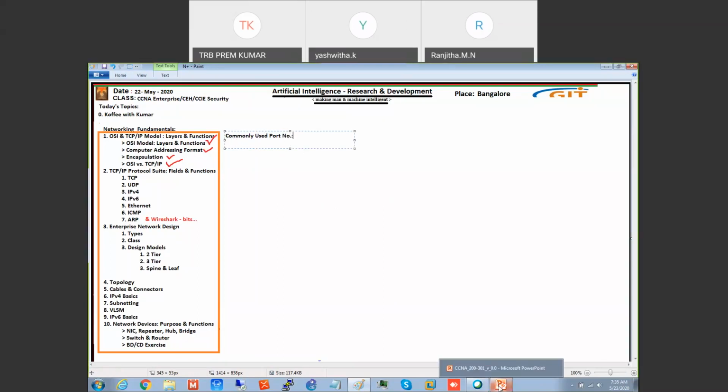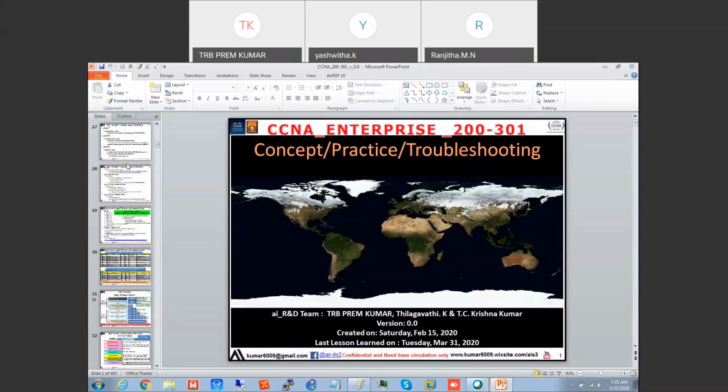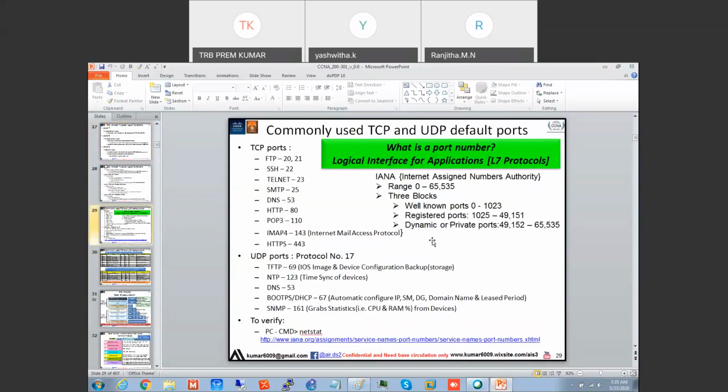Okay, let us note down. We will write down commonly used port numbers. Make a note on this. FTP, SSH, Telnet. These are the minimum you need to know. We'll discuss them one by one and note them down. So just write this down: FTP means what? SSH means what? Like that, commonly used port numbers. Once it is written, we will start discussing interview questions.